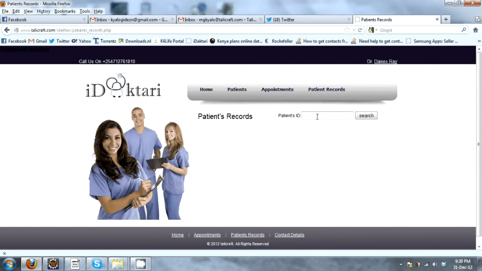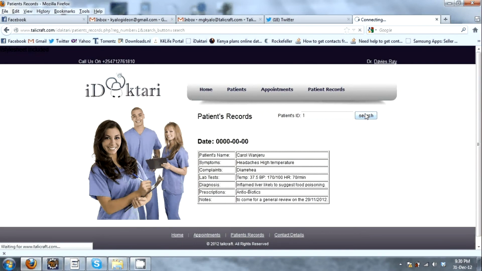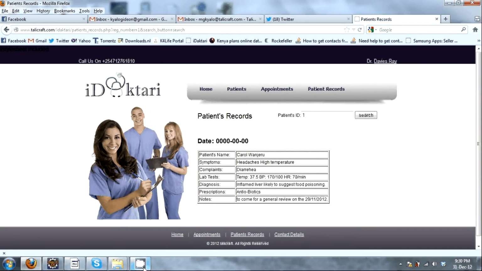So if I come and say patient ID, you can see it's Carol Anjeru, gives a list of symptoms, some complaints, some lab tests, some diagnosis. So this is what the Telegraph team will wish to expand now to become